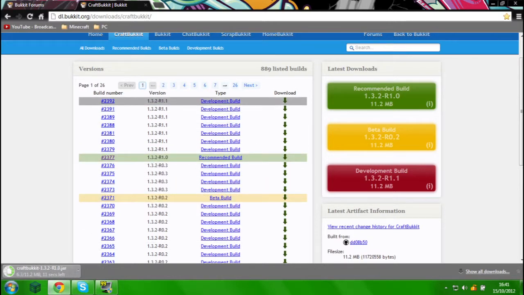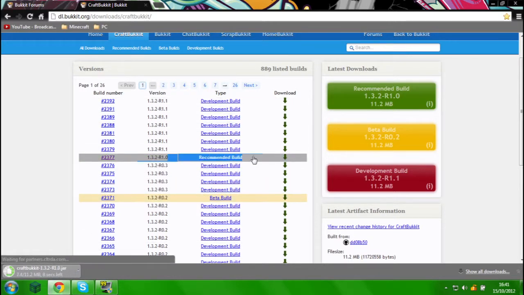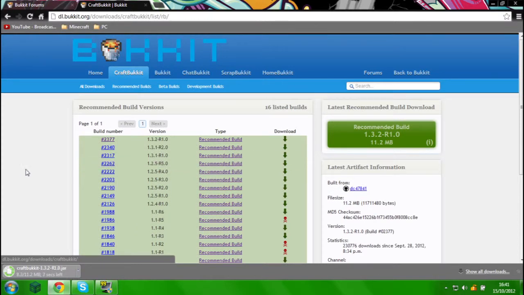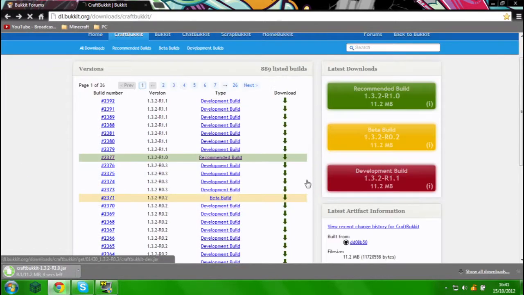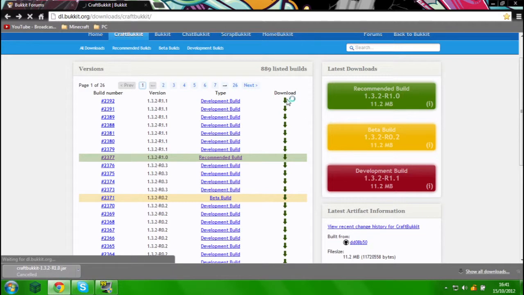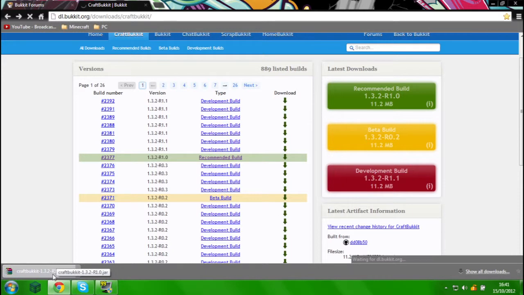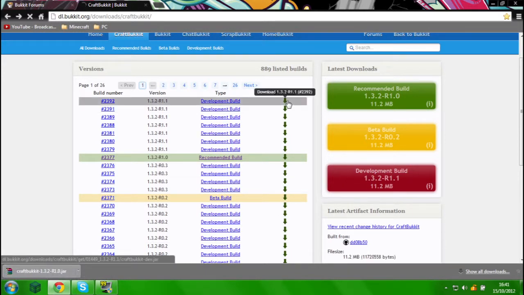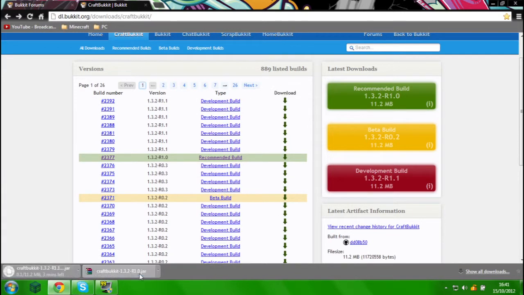This is R1.0, but the newest update is 2392. So if I didn't want that, I can get this one, because this is the newest update, and it fixes a lot of bugs. Oh my god, it's not downloading. There we go. Okay,